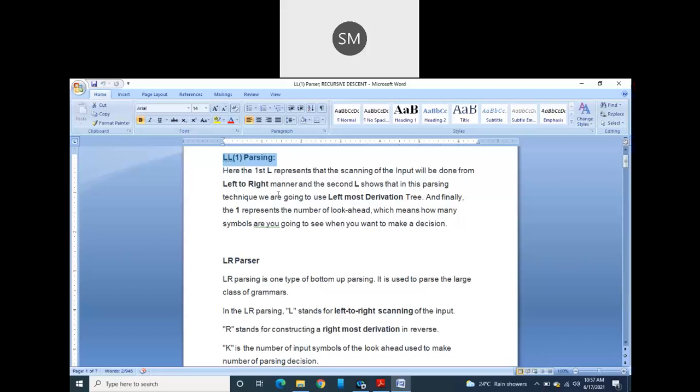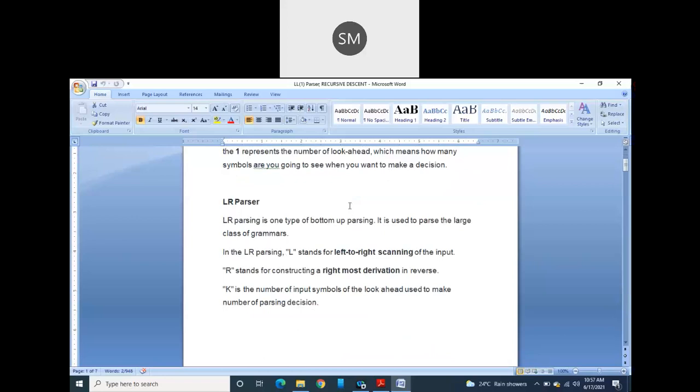Clear? And this LL parsing or LL grammars are very much suitable for top down parsing, remember, right? Now next one is LR parser. LR parser, I already told you in the previous class, but once again I am repeating so that you will understand better. Very important concepts, guys, for your exams. Maybe you may get a small amount of confusion, but once you understand, it is very easy. The only thing is you should concentrate with me.